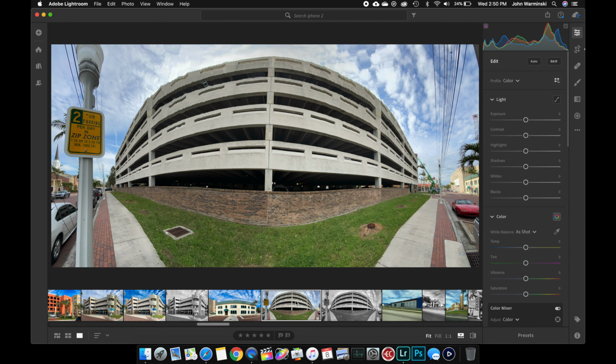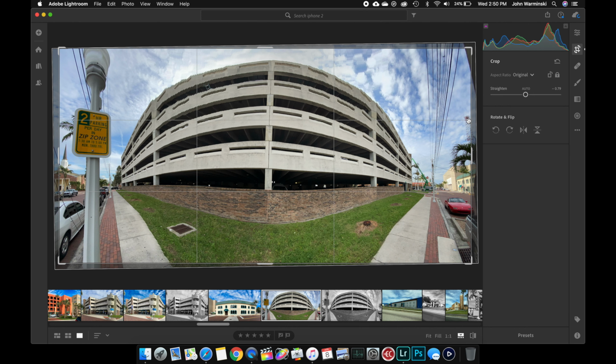This one, I thought this one is unedited, so okay, good. We can unedit this one here. Let me take you through the process a little bit. So I've already cropped this one in. As you can see, it's cropped. I auto-cropped it. It's at